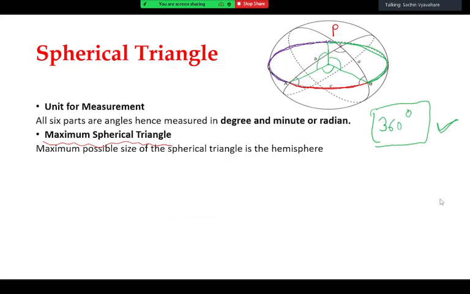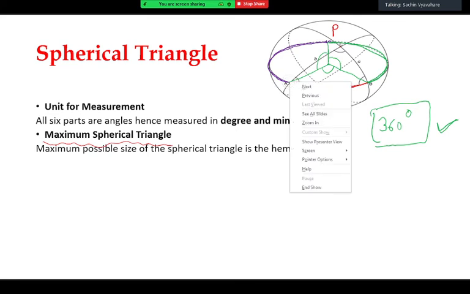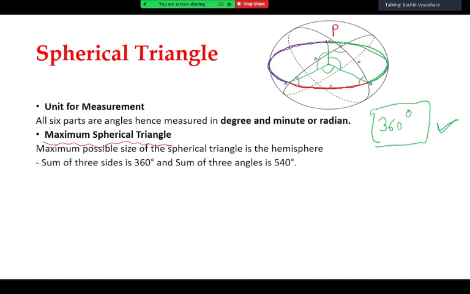The smallest spherical triangle is just a single point. Why is a single point a spherical triangle? Because for a single point, say A. Suppose A is a single point here, this point. You already got the answer on the screen there. So A is a point. This point A can be formed by the intersection of three great circles. Three great circles can intersect in a single point, and that point itself acts like a spherical triangle.